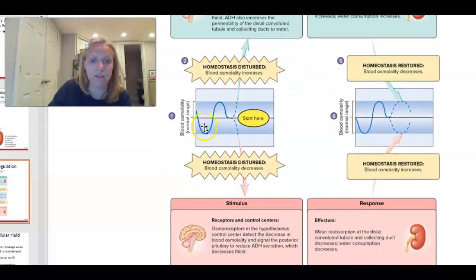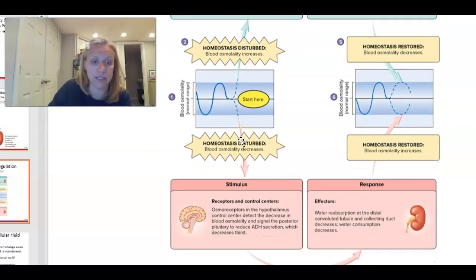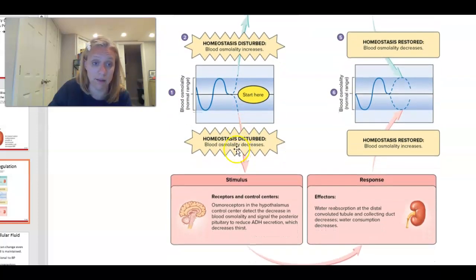Okay. On the reverse, if blood osmolality decreases, that means we're diluting the blood. Okay, so osmoreceptors in the hypothalamus detect the decrease in blood osmolality, signal the posterior pituitary to reduce ADH secretion, and that reduces our thirst response. So you do less water reabsorption at the distal convoluted tubule and the collecting duct, and we don't drink